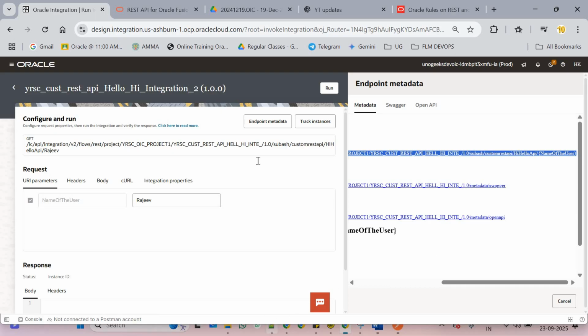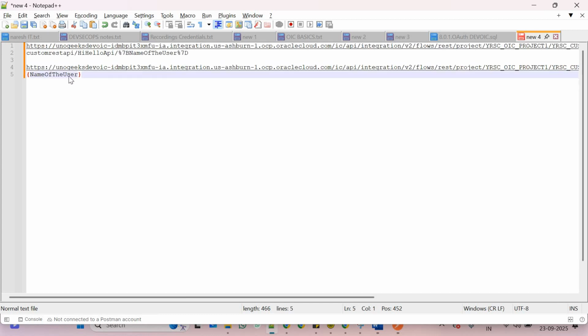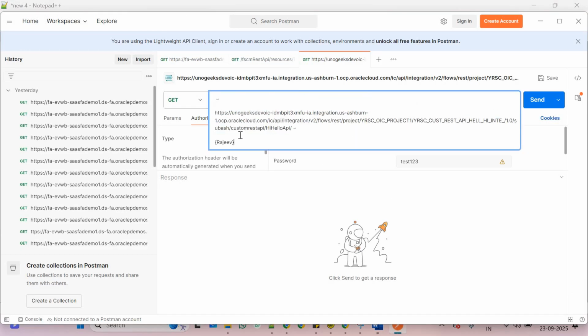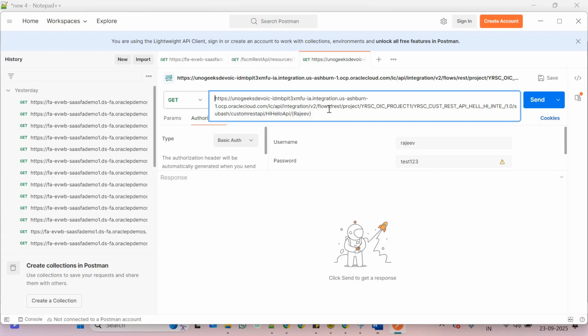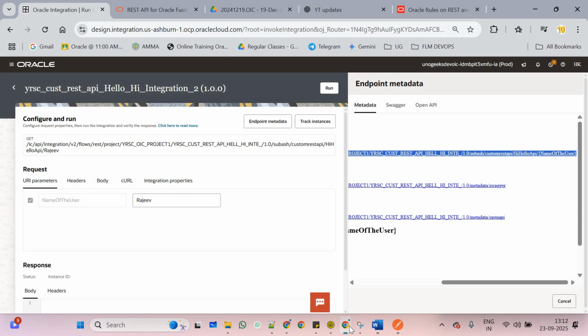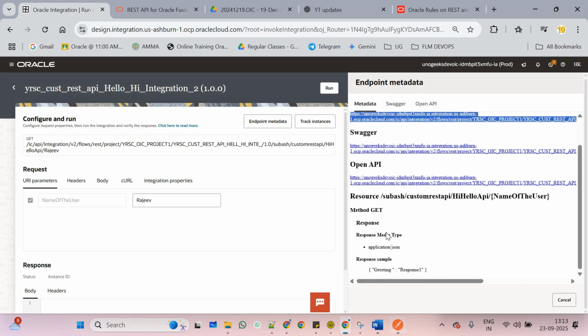We have curly braces. During our copy and paste it's going differently, correct. Here we will be passing the user as Rajiv, and I will make this SOAP UI over here. So we are now submitting the custom REST API externally by using the GET method. We have used the GET method, hopefully, yes, GET method. When we submit this with the